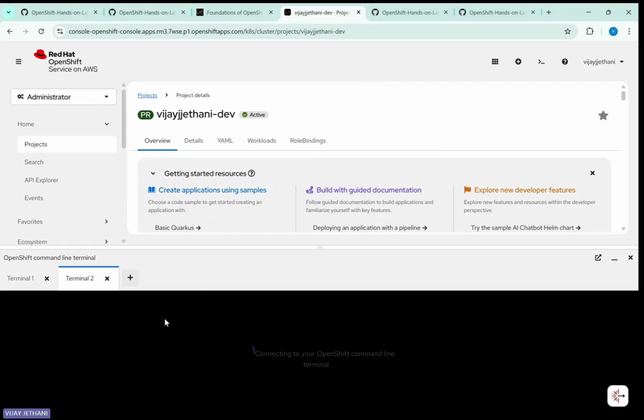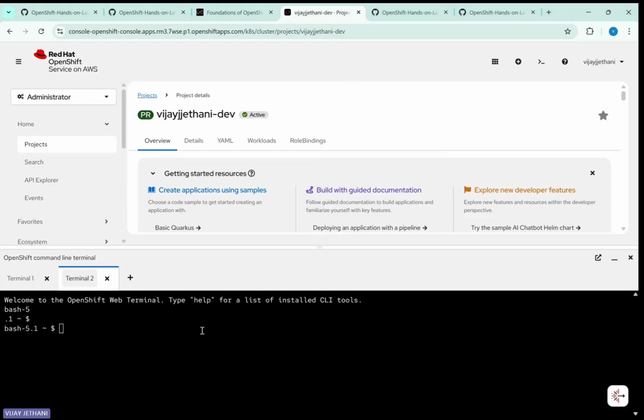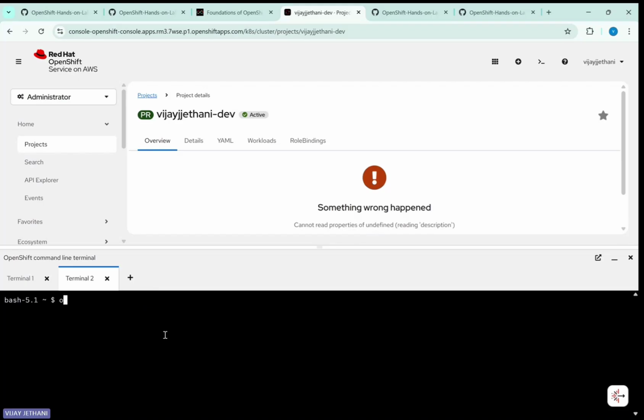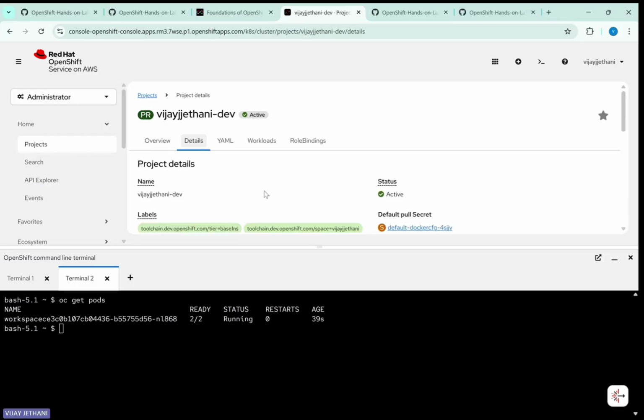So the moment I click on the other terminal too, if you see, we are already there. Okay, so if you see this error, make sure you either close it and restart it again, or you start a new terminal, whichever you feel. Okay, so with this, the first thing I want to show you is oc get pods, to show you our workspace. Now this workspace is nothing but our pods running in this particular project. Whatever I have started, this CLI is also running as a pod. So now moving ahead,